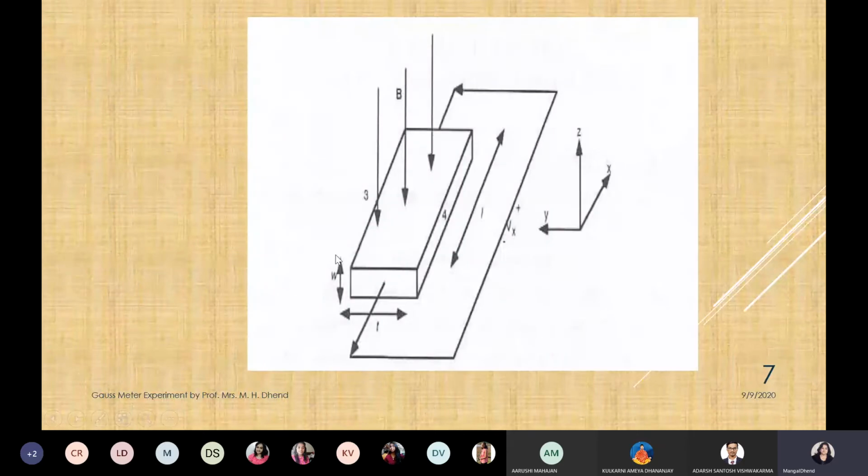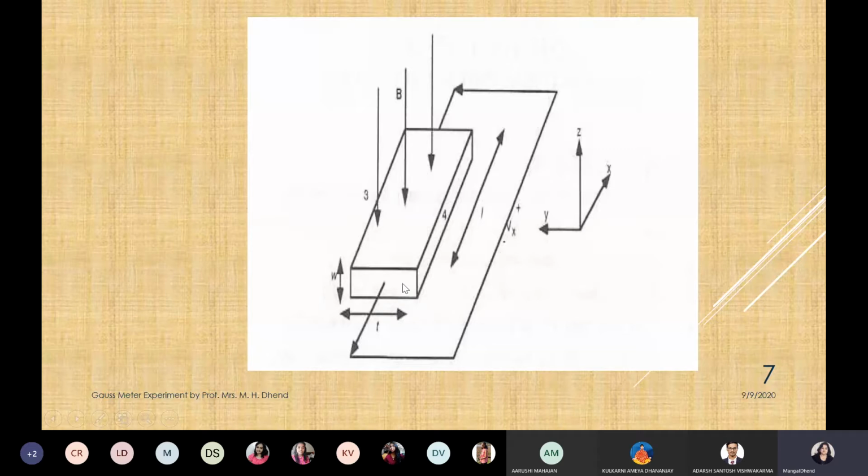I will explain. Okay, so this is a magnetic strip. Now if current is passed through this strip, current is passed in this direction. Here the supply should be there. So that is the passing of the current. Now the flux density direction is this way. Okay, so it is perpendicular. This flux and the current passing are perpendicular.